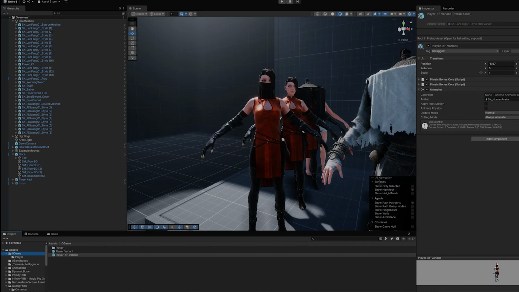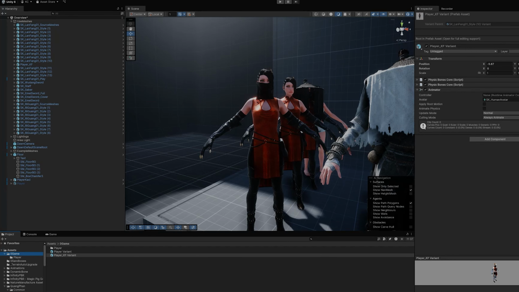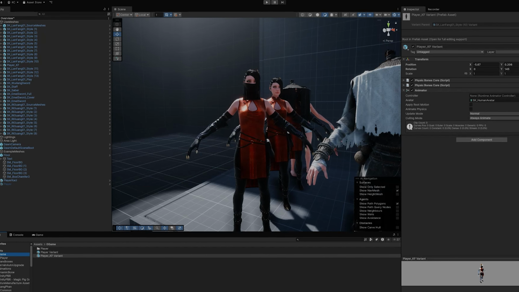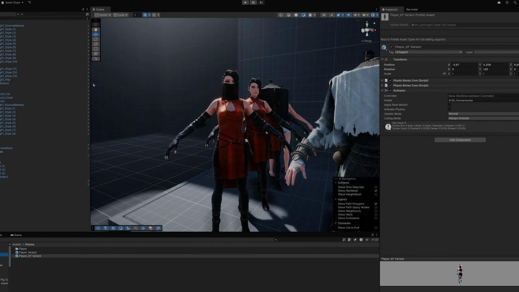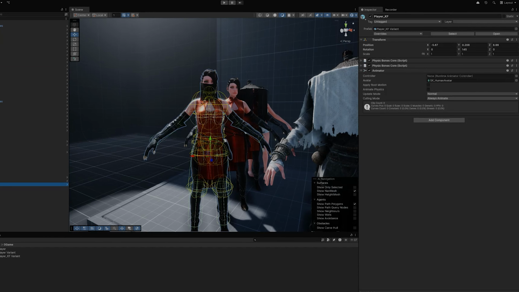The reason I'm going to do this is that now that I have a prefab variant, it's still connected to the original prefab, so if Quang Phan does any kind of updates, then it will remain connected to that, and all of those updates will trickle down to my character, but it will not overwrite the changes that I have done. So let's drag her down here to the bottom so that I can keep up with her,